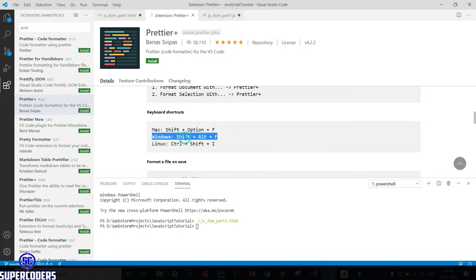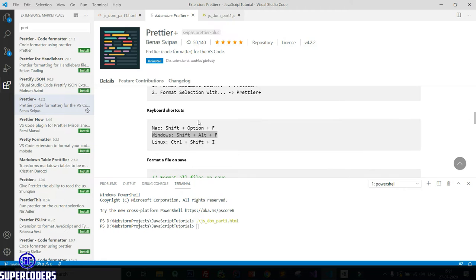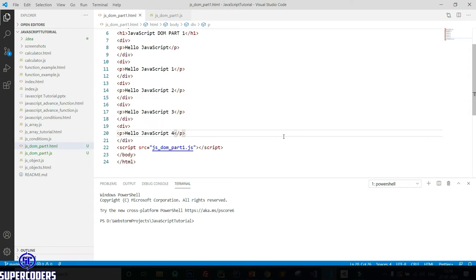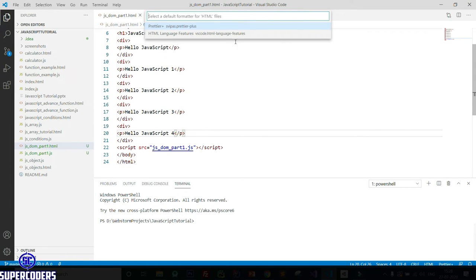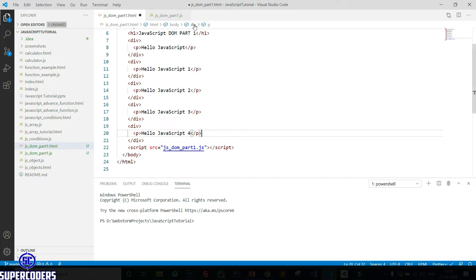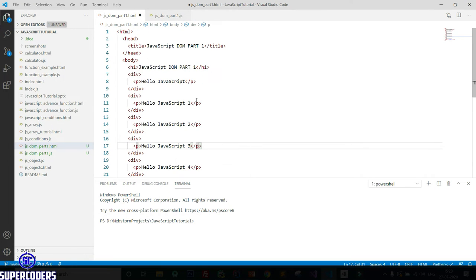Shift Alt F is the command for running Prettier. So install it first. You can see it's installed. Now let's close this. Now let's format this page. So type Shift Alt F, then configure this. Select Prettier, and you can see it's formatted. Now it looks good.